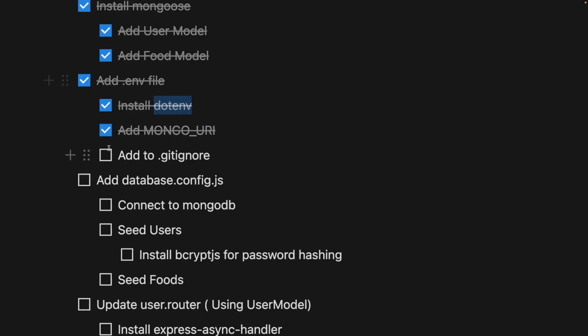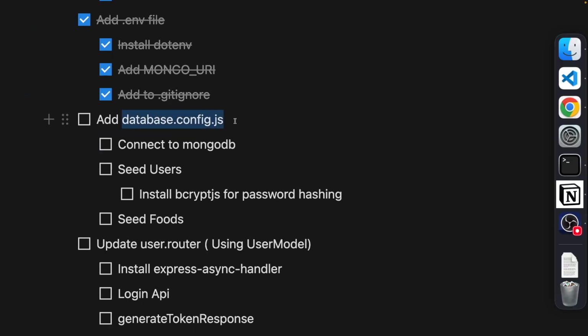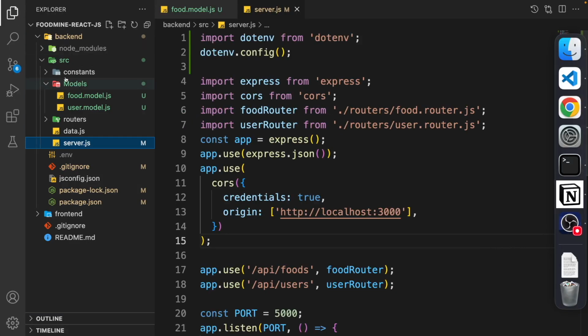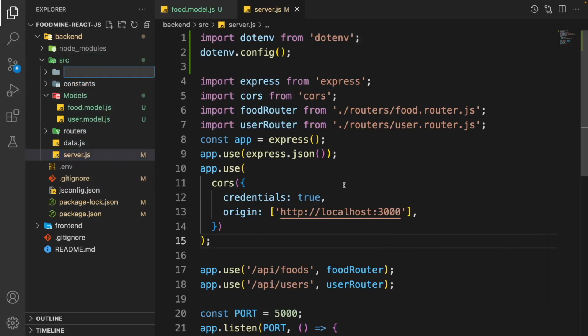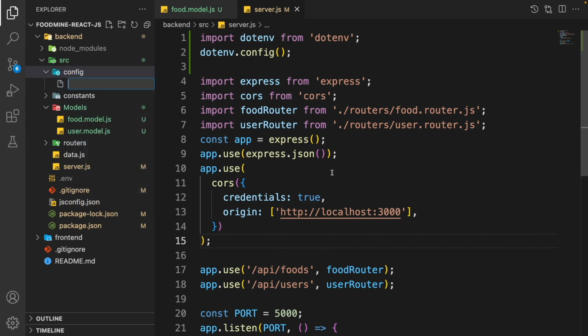So we added the MONGO_URI and we just added it to the .gitignore. Now I want to add a file with the name database.config and I want to add everything related to the configuration of the database inside it, including connecting to MongoDB, seeding users and foods. Let's start by creating the file. Go to the code, open the Explorer, right click on the src folder and create a new folder with the name config. Then right click on it and create a new file with the name